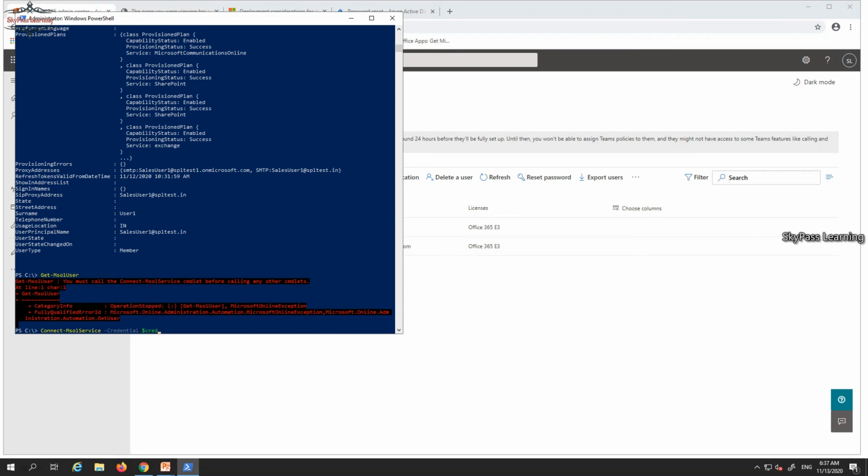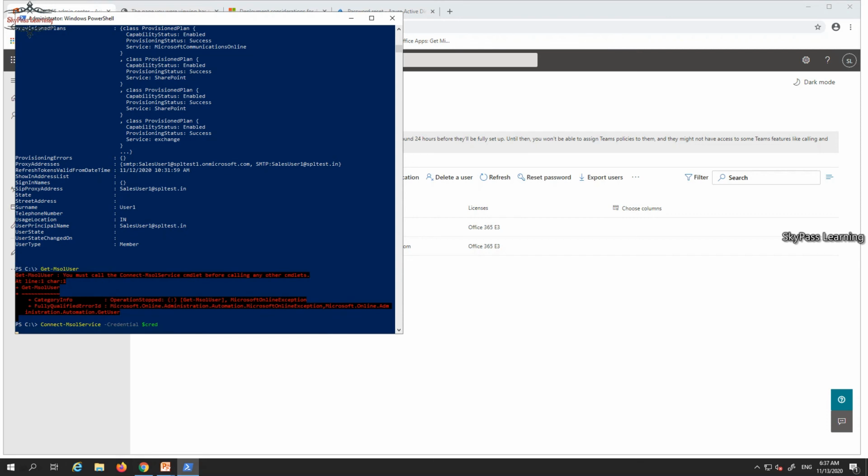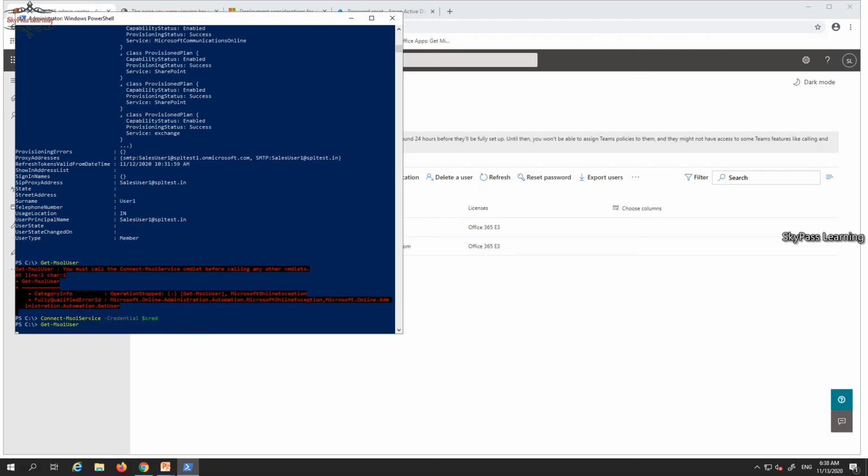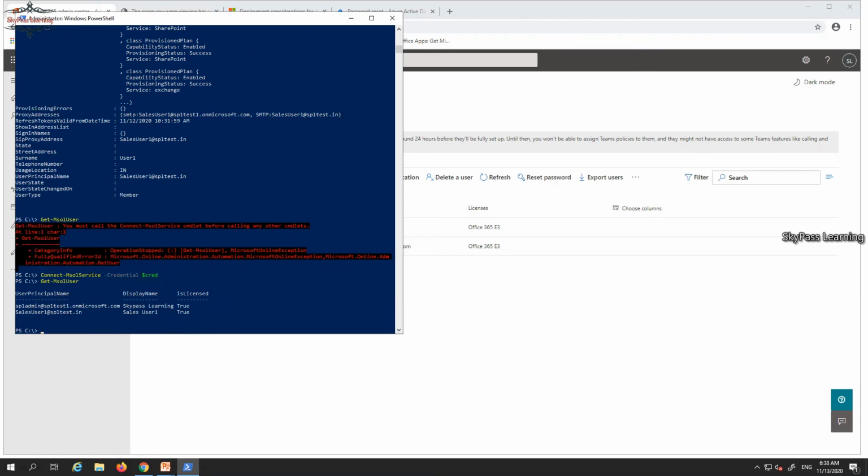I connected it. Okay, so now it's connected with the Microsoft MS Online service. Let me replay the same command and see. Okay, so you can see now I'm able to get the user account details.